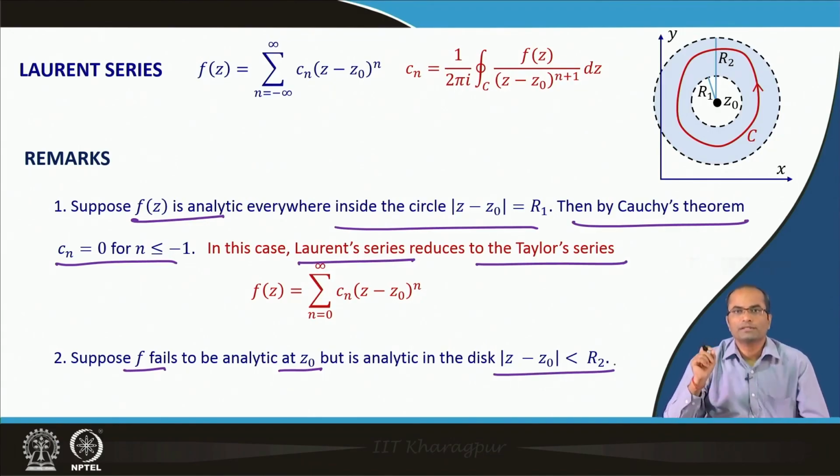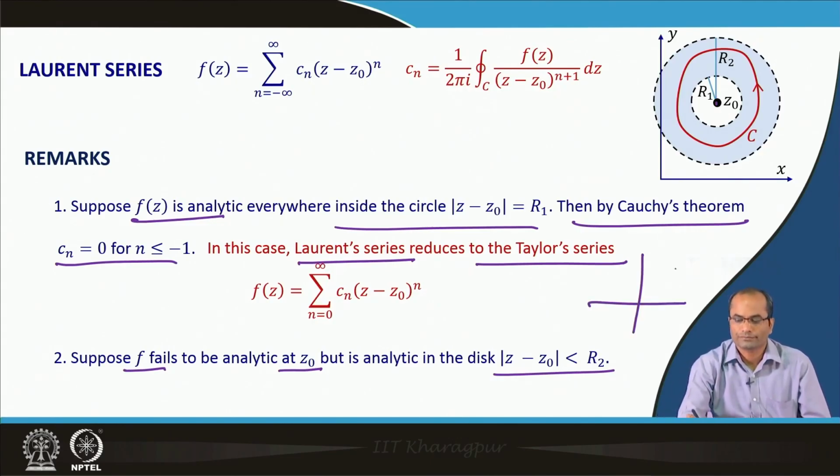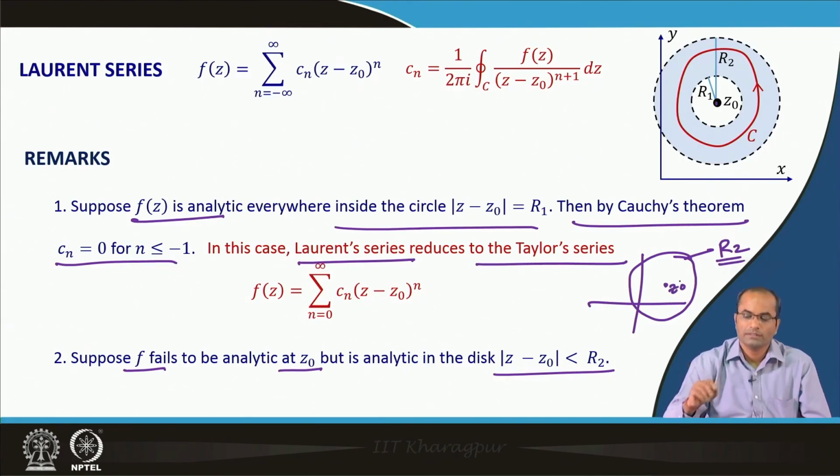So, suppose the function is only failing to be analytic at the point z naught. At the center here, at z naught, the function is not analytic, otherwise it is analytic everywhere inside this outer circle whose radius is r 2. So, except this one point z naught, the function is analytic. So, again we cannot write the Taylor series, of course, because there is a point where the function is not analytic,